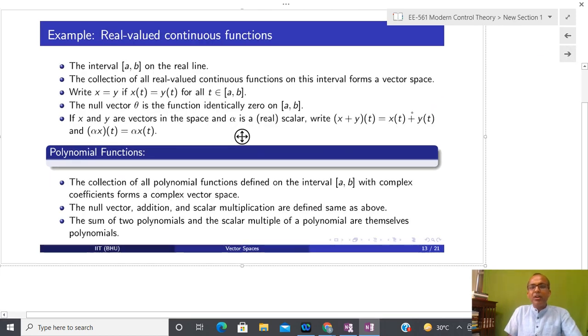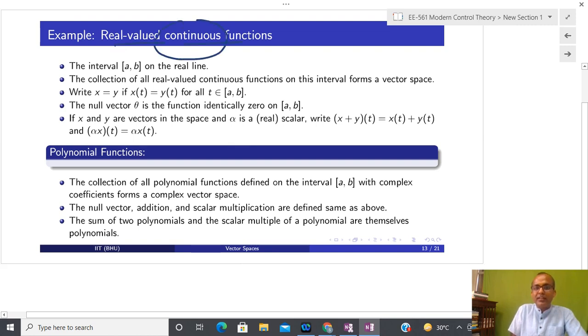Okay, now it might be possible here that one may think that in order to add two functions I need new hardware, but that is not the case if you define the operation in some specific way. So what we are basically telling here is, suppose you have a real valued continuous function. Here you can see that I am talking about a continuous function, so the function is defined each and everywhere inside this particular interval.